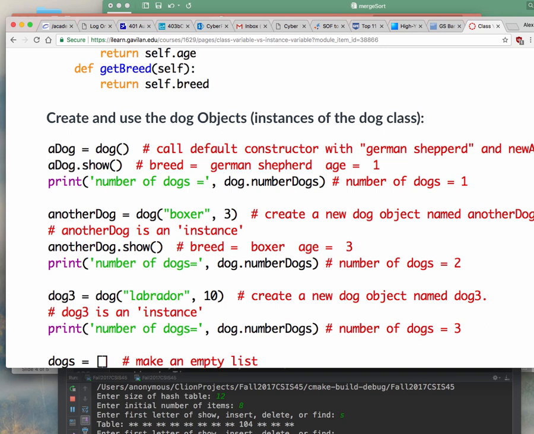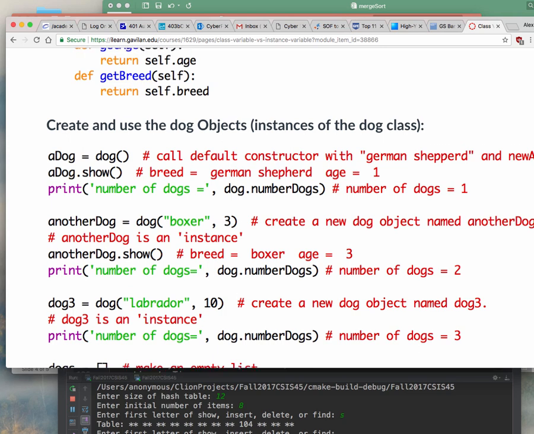So even though these are two different objects, just by creating another dog, I notice here I'm saying dog.number_of_dogs. So the property for this dog, which was the first object I created, or any of these objects that I create. Notice how I'm calling this here: I'm saying dog.number_of_dogs. I'm not using the object itself, I'm not using the instance itself, right? I'm not saying a dog dot number of dogs, even though I can kind of do that too.